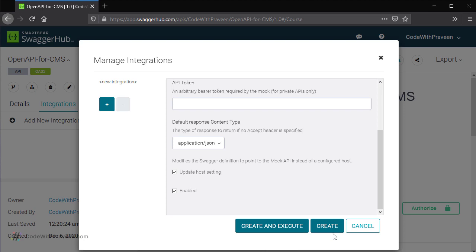The difference between these two is that when you just create, then it's just going to add that entry within your API. It's not going to execute and show up in your servers list. You have to do the execution at the later part. Whereas if you create and execute, then it's going to do both the operations at one shot. It will create the mockup server, add it to the servers list and make it active. Let's go and click create and execute.